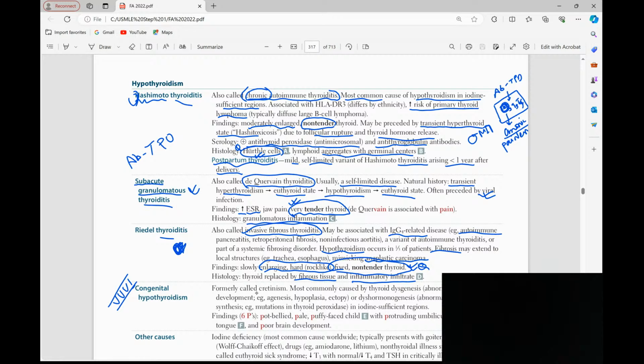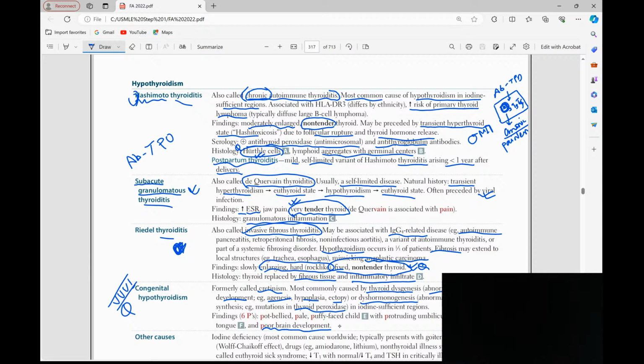Congenital hypothyroidism is also known as cretinism, and it is due to thyroid dysgenesis. That is, the thyroid gland is not developed normally, maybe agenesis, hypoplasia, ectopy, or hormonal problems with mutation of thyroid peroxidase. So this will come in a case scenario, especially when you see poor brain development or mental retardation, a small child with mental retardation